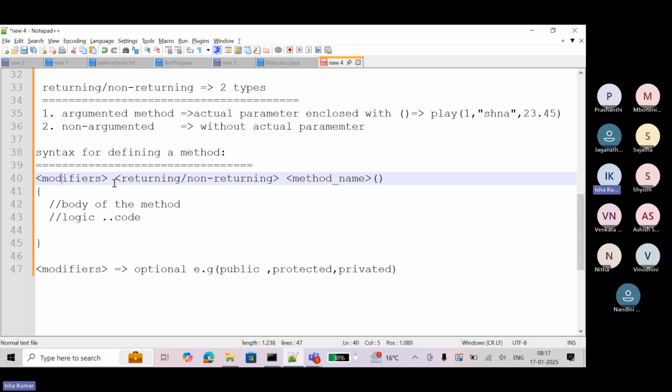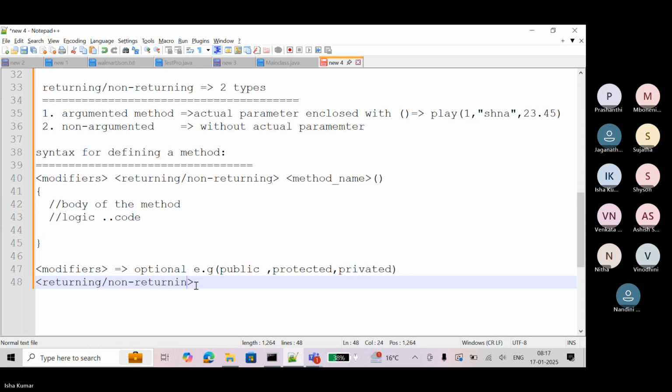Now returning and non-returning type, you know already, right? So first check returning. Returning means which returns some data. So what are returning types?